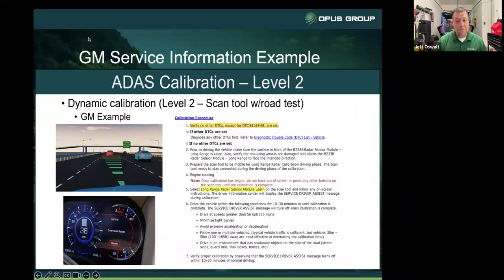So in my opinion, you guys are doing dynamic calibrations, radars, cameras, it really doesn't matter. These few prerequisites during the drive, I think really go over to just about any car when you're doing these dynamic calibrations. Again, follow these instructions. Car should calibrate. If it's slow to calibrate, something's wrong. Maybe something's not installed right. Something's still bent. Something, I don't know, right? But following these instructions, if everything's set up like it's supposed to be, using the OE service information,